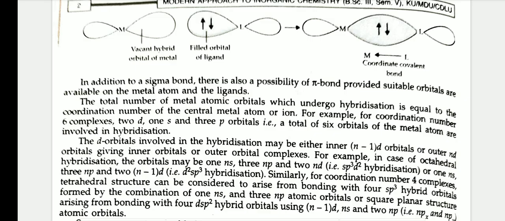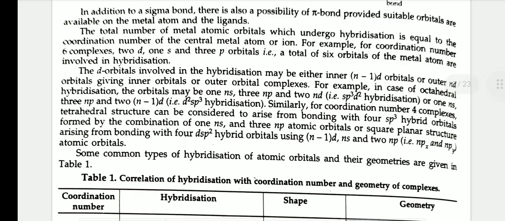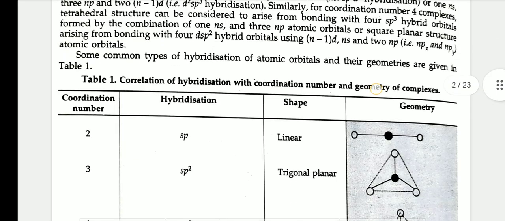Similarly, for coordination number 4 complexes, a tetrahedral structure can be considered to arise from bonding with 4 sp3 hybrid orbitals formed by the combination of 1 ns and 3 np atomic orbitals, or a square planar structure arising from bonding with 4 dsp2 hybrid orbitals using (n-1)d, ns and 2 np atomic orbitals. Some common types of hybridization of orbitals and their geometries are given in the table. sp